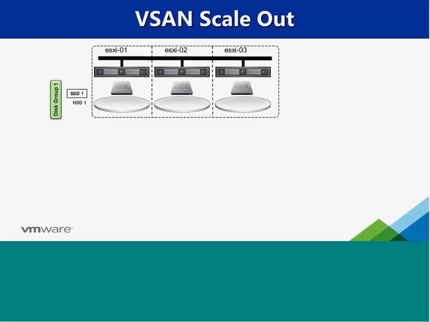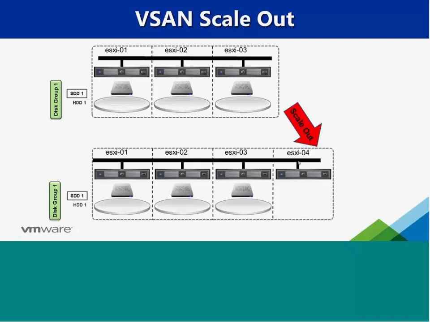So I'm sorry, I'm just trying to get this right. So on this diagram, you have 3 separate hosts. That's right, and you're able to scale out under one vCenter, I assume. Yes, that's right. And you can continue adding to this, and this storage, is it local to the hosts, or is it like some kind of SAN device? So it will show up as a shared data store.